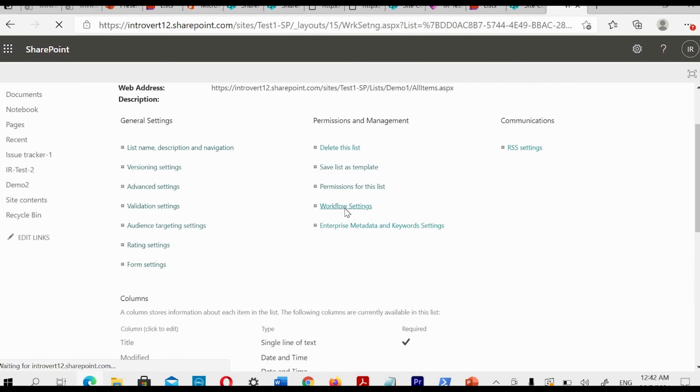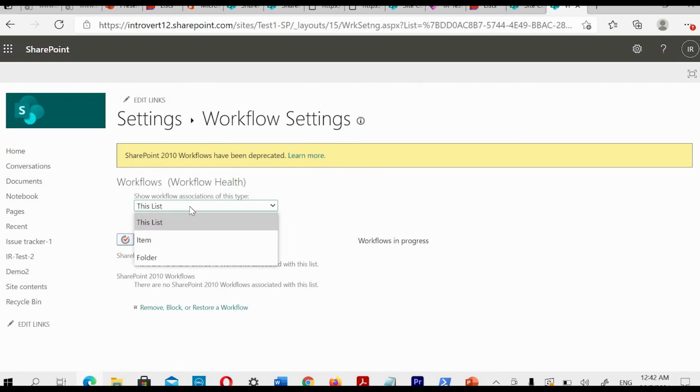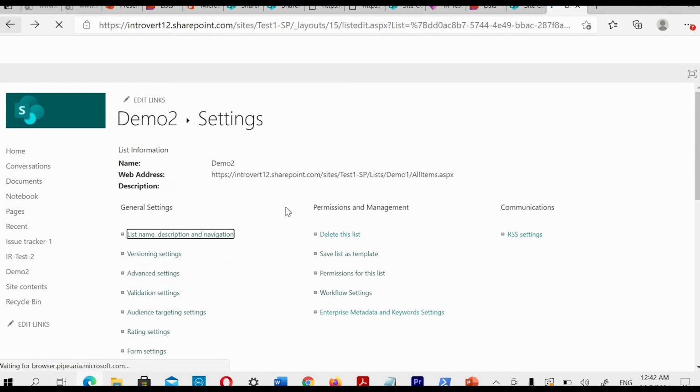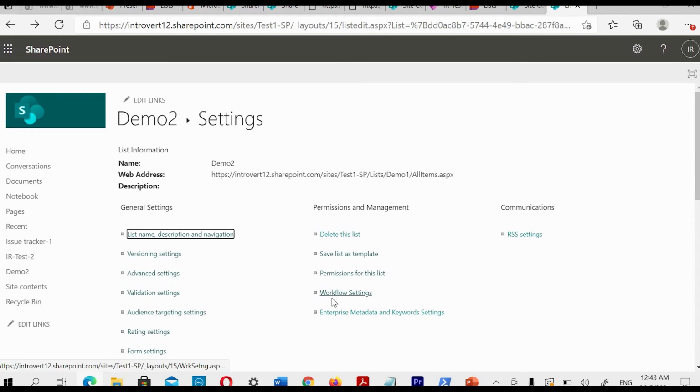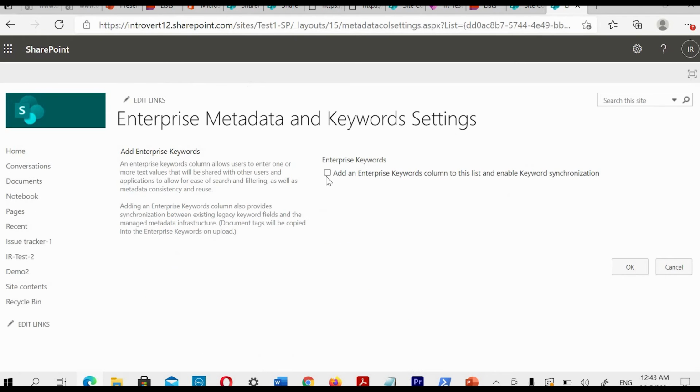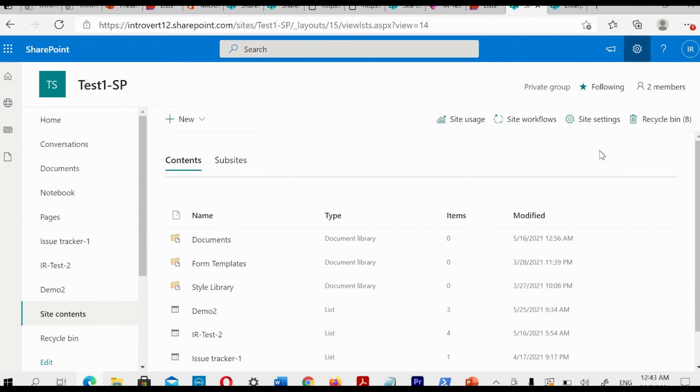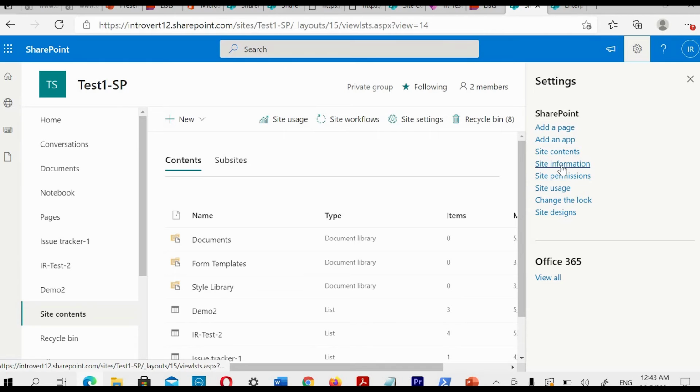Workflow settings. So these are workflow settings, not much use. If you want to associate any workflow you can, but it is not much use, because generally in online we do it through Power Automate. Then enterprise keyword settings, this we can also add. Now if you go and see list settings,